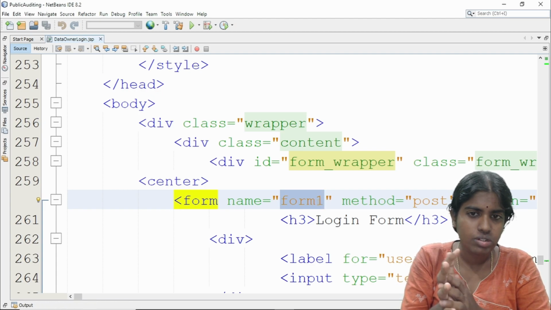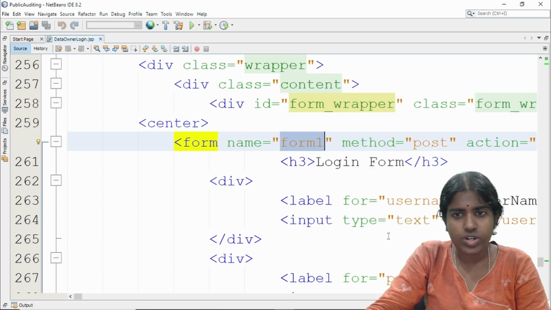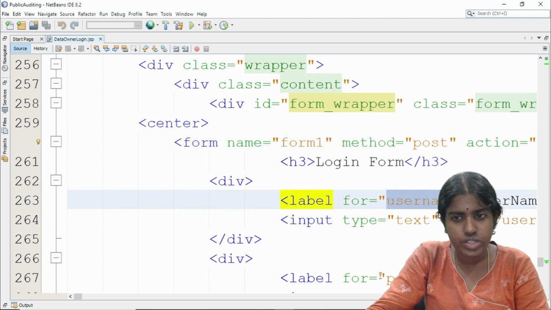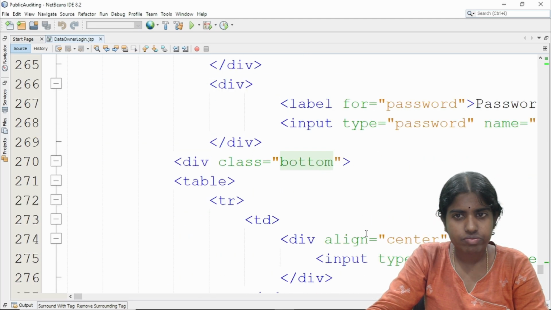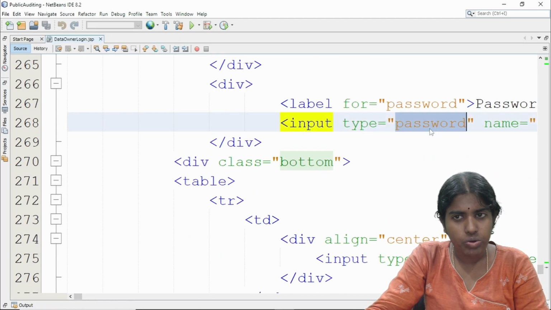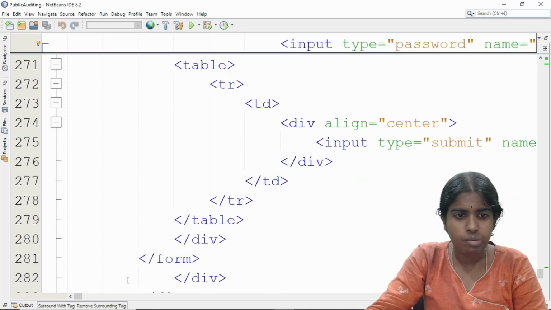Clear with this? And method equal to post request, I can go for some actions. And label for equal to, within double quotes, I'm just mentioning here as username. And input type equal to password. So whenever I want to do some password, I'm just giving here an input type equal to submit button.